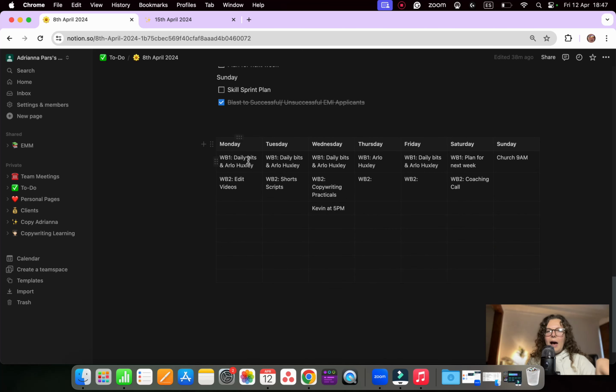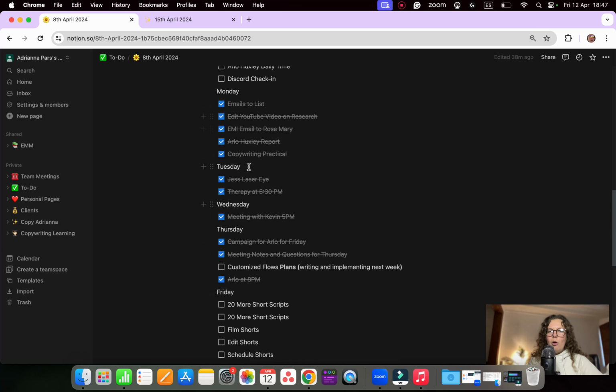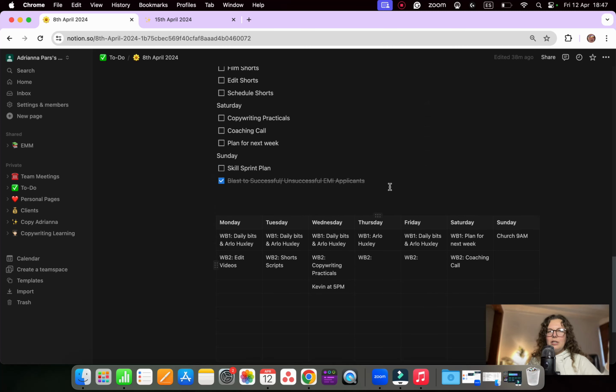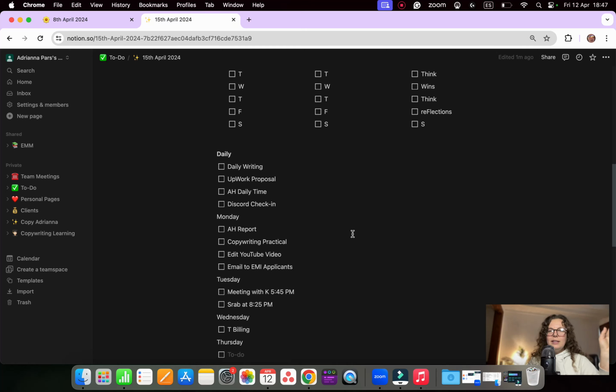And you can see how it looks when you actually plan your week like this. It helps you visualize what you're actually doing, because this can look very overwhelming and it can look like a lot, but when you divide it into the different work blocks, it looks different. So that's what I'm going to do.